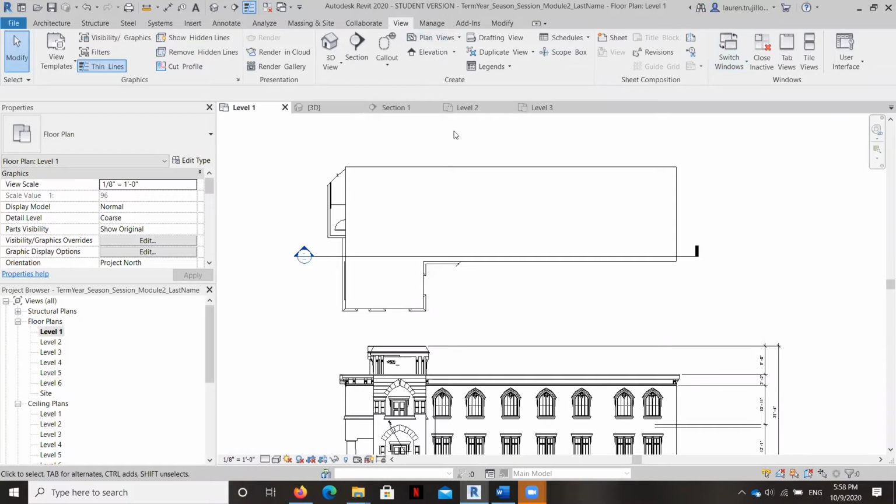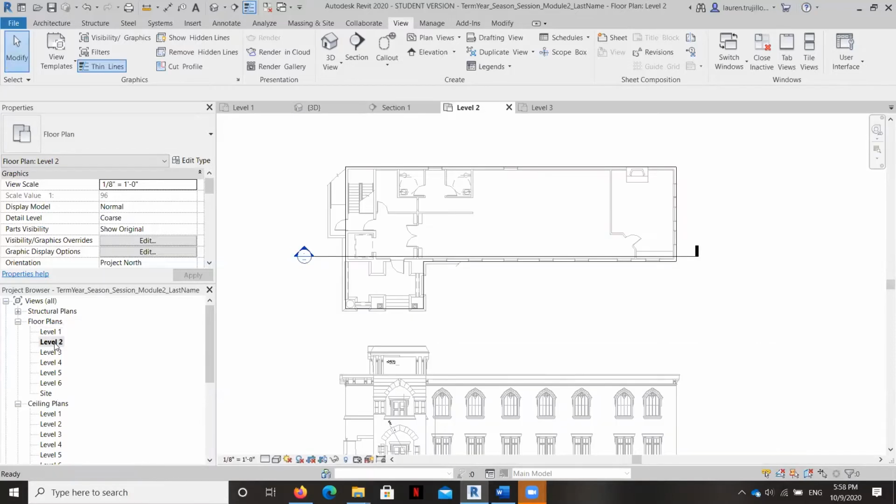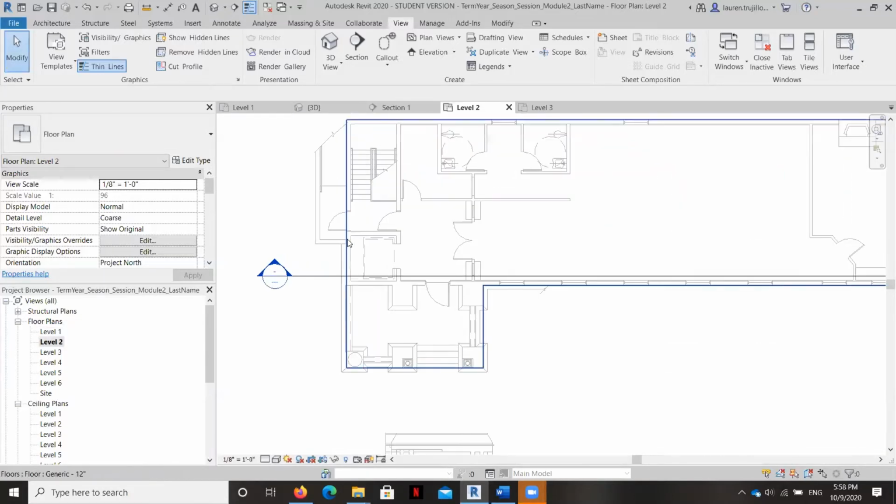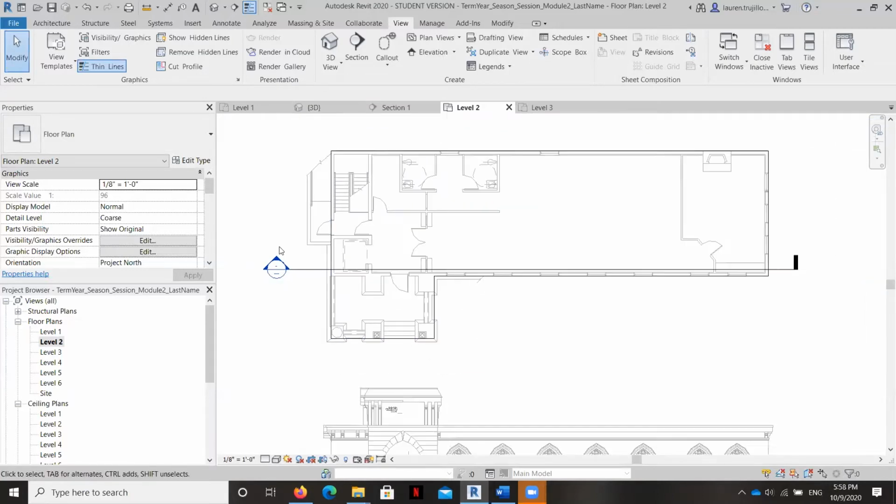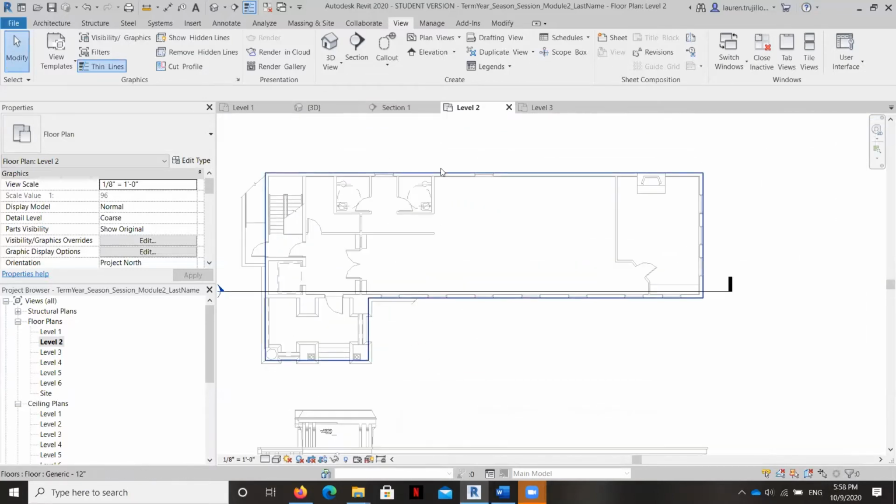So what you're seeing here is, again, I'm looking at the level 1 floor plan. So that's what the floor looks like just at level 1. And that's the concrete slab that this whole thing is being built on top of. So that one I'm not going to move or manipulate. But level 2, the floor might be inset a little bit from the exterior walls. And so I'm going to teach you how to move the boundaries of this floor just a little bit.